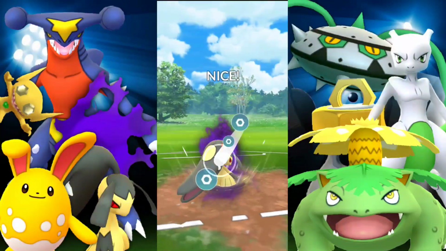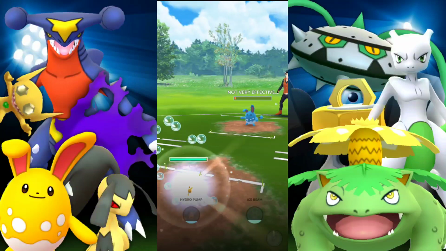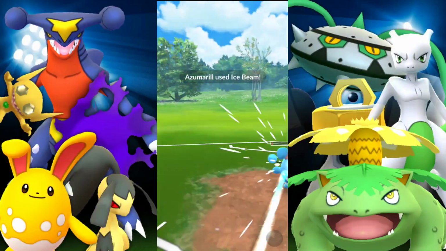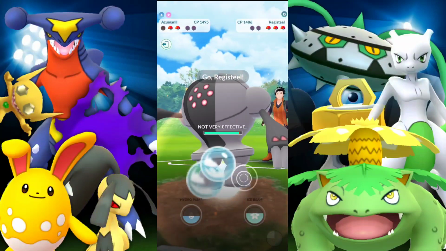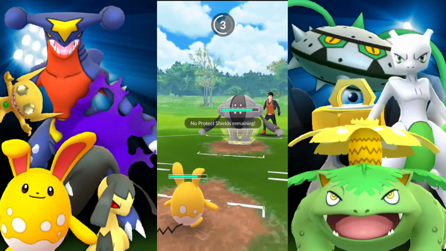Let's see how much this does to Azumarill here. See, check it out. Look at that. Switching into our own Azumarill to catch whatever they're going to throw at us. Ice Beam, magnificent. Alright, they're going into Registeel, so we can...